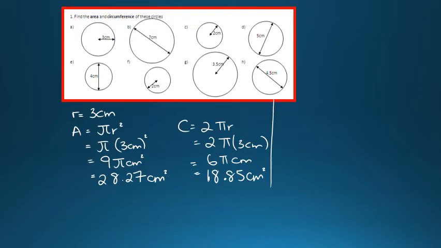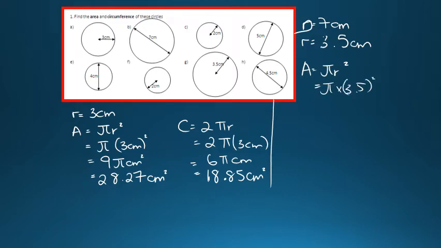The second one is part B. This time the radius is given to us as 7 centimeters. Sorry, not the radius, it's the diameter. So be really careful. I nearly made a mistake there. All of my formulas are in terms of the radius, but the good news is we know that if the diameter is 7, the radius is 3.5 centimeters. To work out the area, pi r squared, so that's pi times 3.5 squared. Keep in mind that it's only the radius that's squared, it's not the pi. So we get 12.25 pi, which works out as